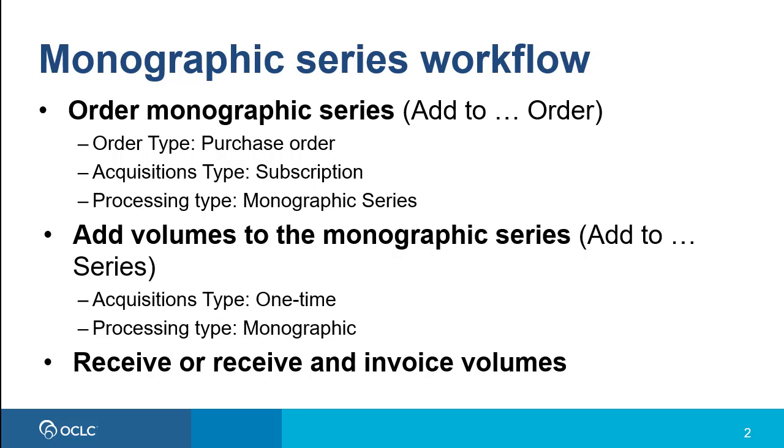in your subscription period. Next, when you receive a volume in the series, which will usually have a unique title, you'll search for a record for the specific volume and then add it to the monographic series. The acquisitions type for the volume will be one time, and the processing type will be monograph. The final step is to receive an invoice for the volume. When you pay the invoice, the funds move from the encumbered amount for the series to the expended amount for